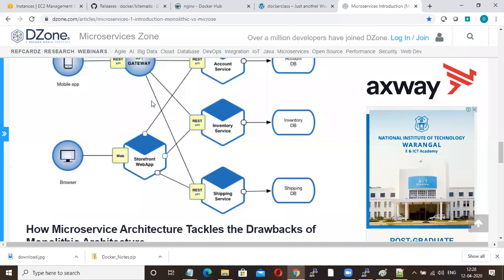That's why many people are now moving to microservices. The conversion from monolithic to microservices application will be done by your developer. This is not our headache, but still you have to know what a microservices-based application is. I'll share this link. Bharatwaj has already shared it. Anyway, just go through it. It will take hardly 5 to 10 minutes.